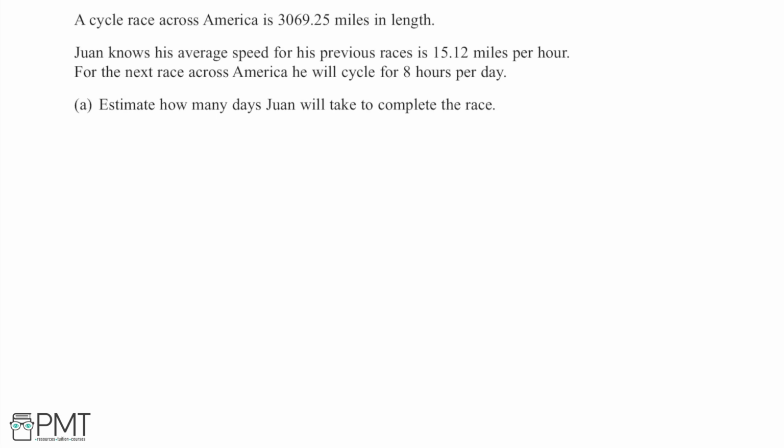So here we have that a cycle race across America is 3,069.25 miles in length, and Juan knows his average speed for his previous races is 15.12 miles per hour. And we're told that for the next race across America, he will cycle for 8 hours per day. And we're then asked to estimate how many days Juan will take to complete the